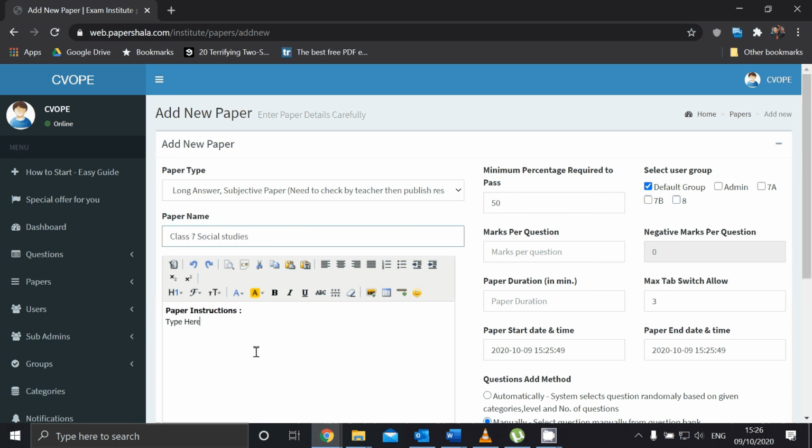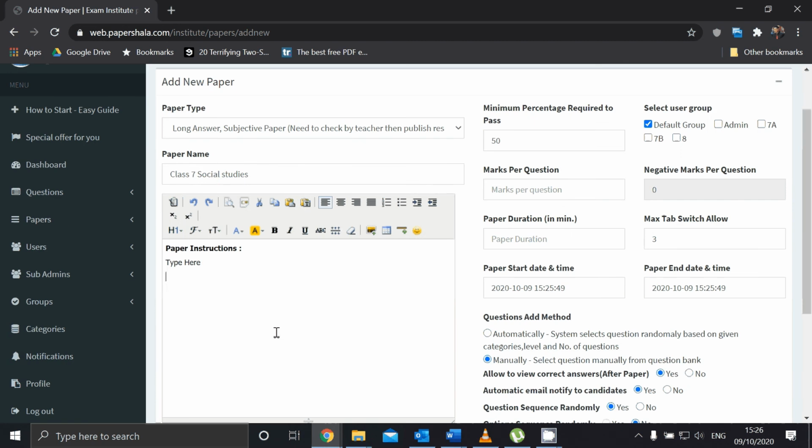Simple. Now if you do have some special instructions for the students, it could be as much as please submit the paper within the time limit, or please do not take the help of others to write your answer, or you can just give them instruction that this paper has so and so many questions. If there are choices, you can write that and whatever you want.